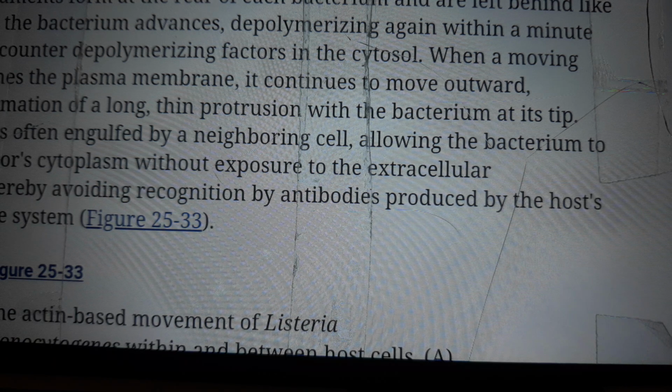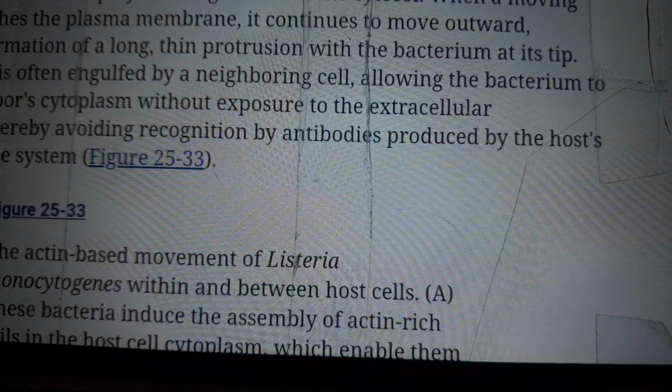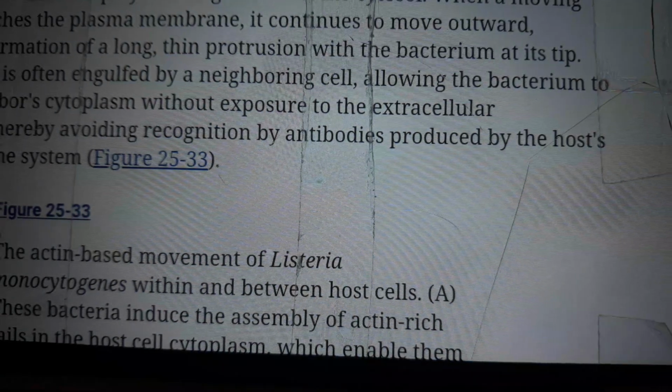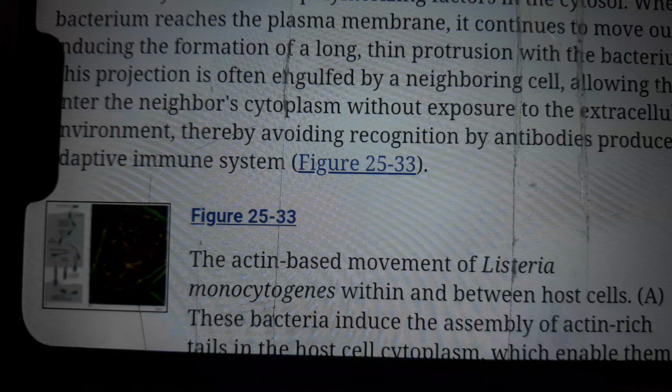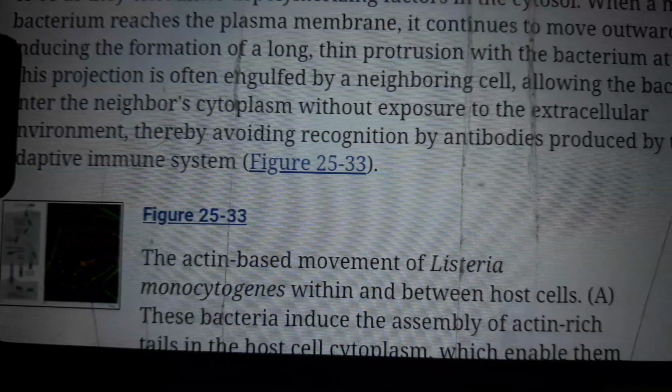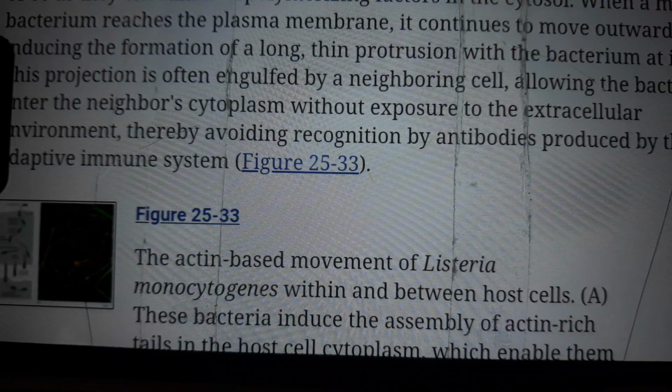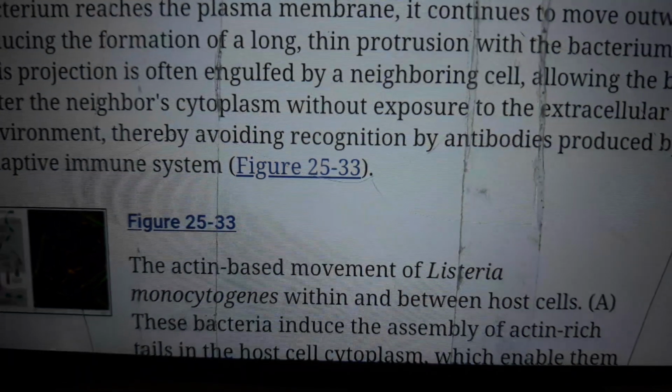New filaments form at the rear of each bacterium and are left behind like a rocket trail as the bacterium advances, while depolymerizing again within a minute or so as they encounter depolymerization factors in the cytosol. When a moving bacterium reaches the plasma membrane, it continues to move outward,